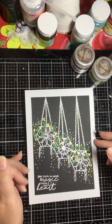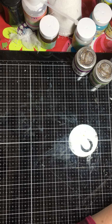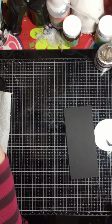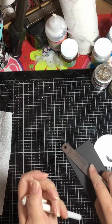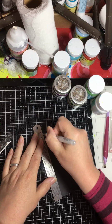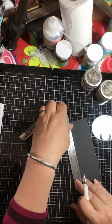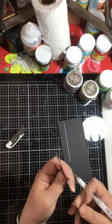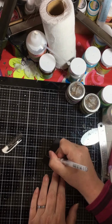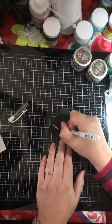So what I wanted to do is just show you how I did these little extra bits. So what I'll do is I'll start off with just doing the individual elements. So with the rope, the first thing I did was I used a ruler to draw a line. And then be quite careful how you pick the ruler up because you don't want to smudge all the ink. And then I just go down that line